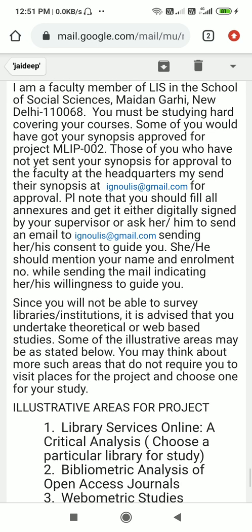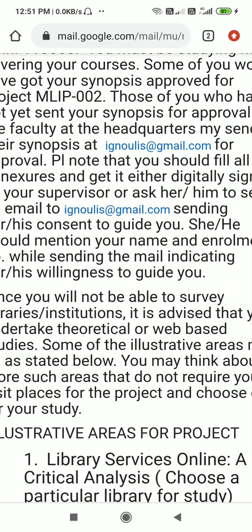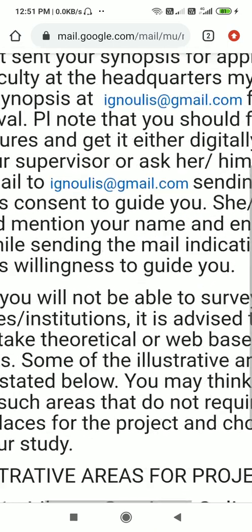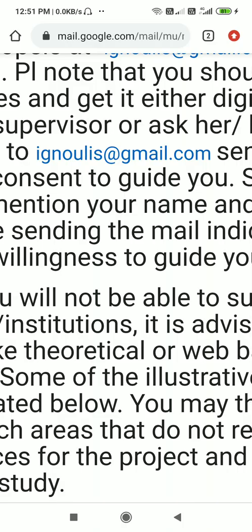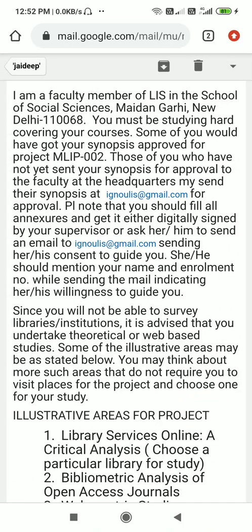That should be mentioned, and also you should mention your enrollment number and name. Send that email from your supervisor to ignolis@gmail.com. So this is about submission of synopsis.